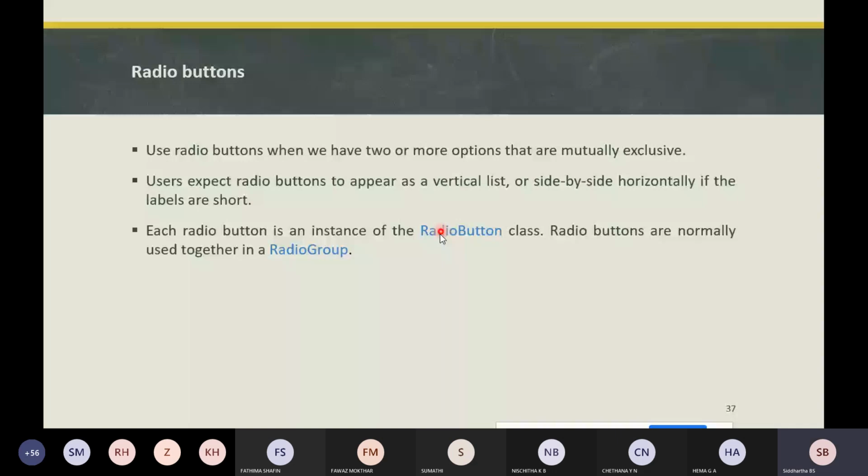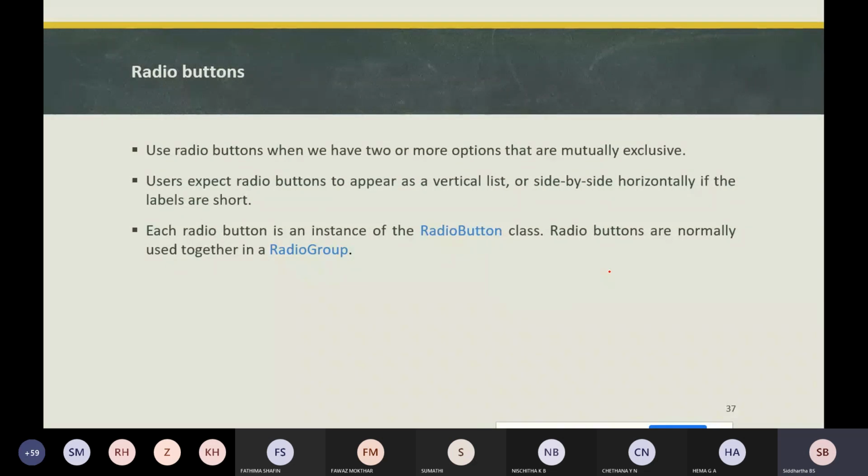In the previous sessions, we have learned about how to design flag buttons and also input controls for making choices, that is, check boxes we have seen. In today's sessions, we are going to see about radio buttons, toggle and switches, spinners and text. Okay. So radio buttons, why we use radio, when will we be using these radio buttons?